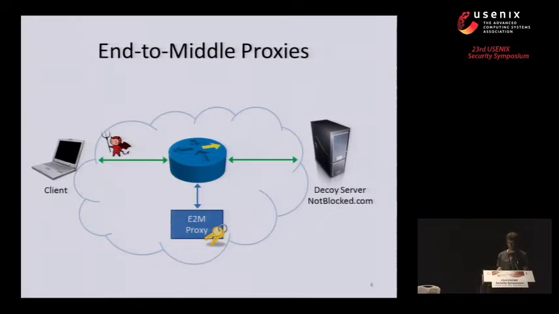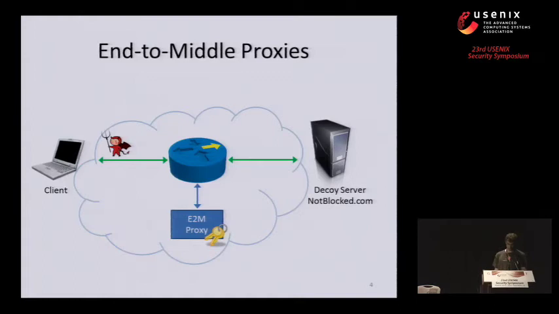So instead, the client is going to download one of these end-to-middle proxies on their computer and create a decoy connection to a decoy server. This is an unblocked server that they can access. And this connection passes through an internet service provider that's outside of the censor's country. And at this internet service provider, there is an end-to-middle proxy that can watch this connection go past. And the client specially tags this connection in a way that only the end-to-middle proxy can see, that the censor